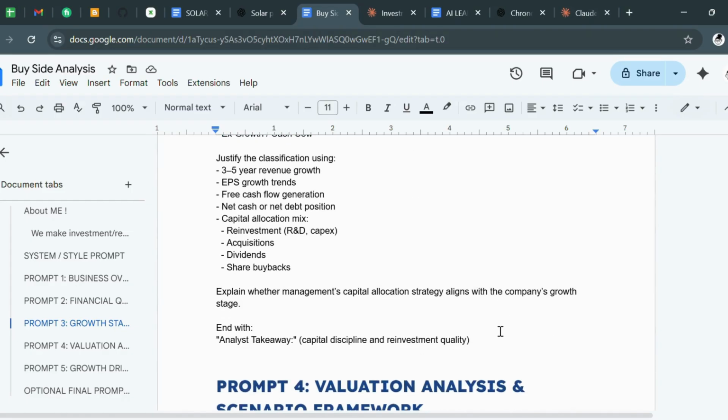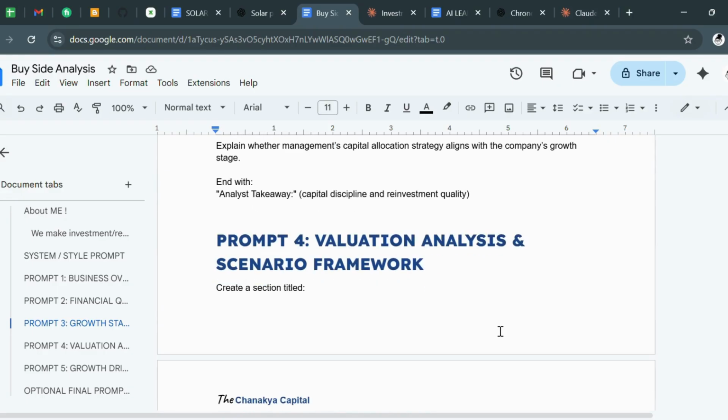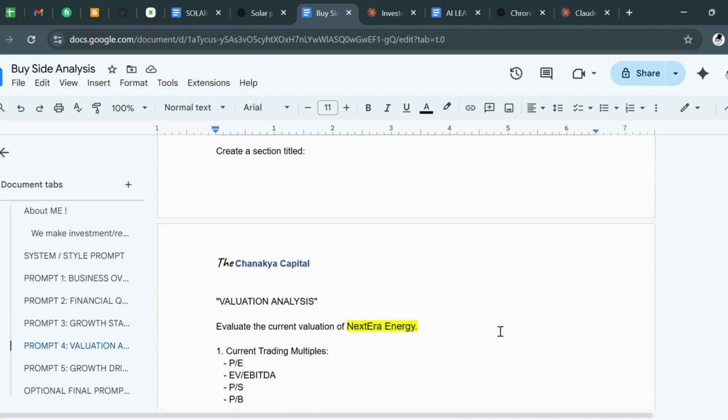How to justify it? With 3 to 5 year revenue growth, EPS growth trend, free cash flow generation, net cash or net debt position, capital allocation mix, and all this. Again, an analyst takeaway. Lastly, we're going to be putting valuation analysis and scenario framework on which somebody will be taking